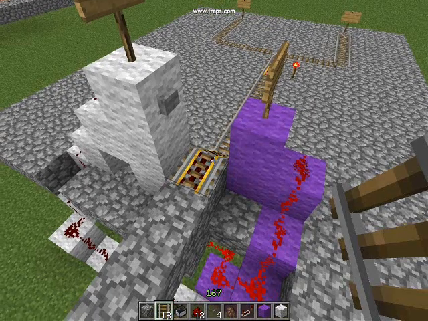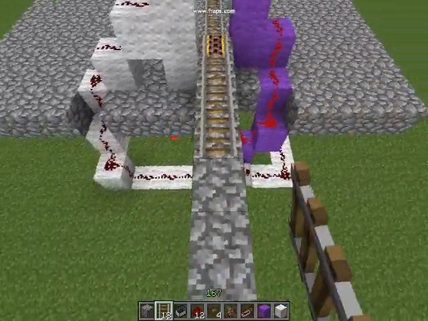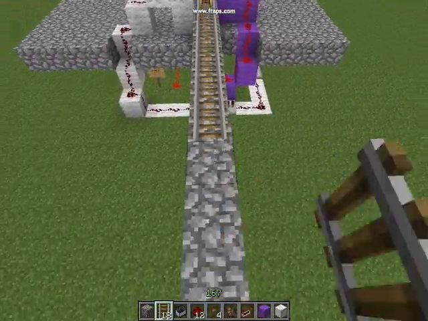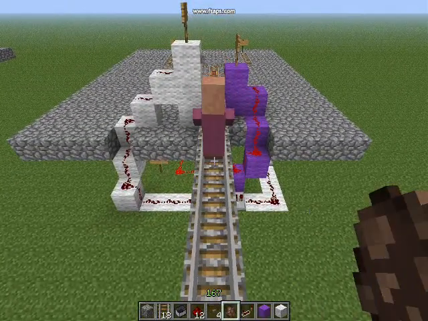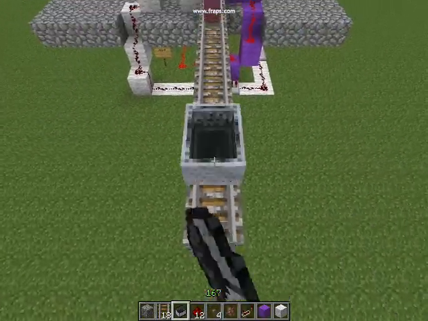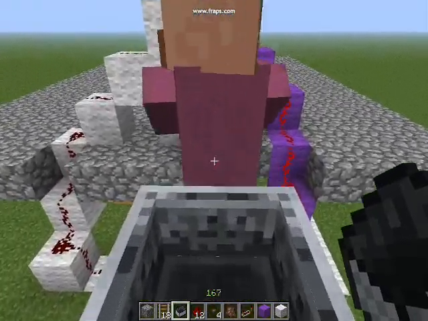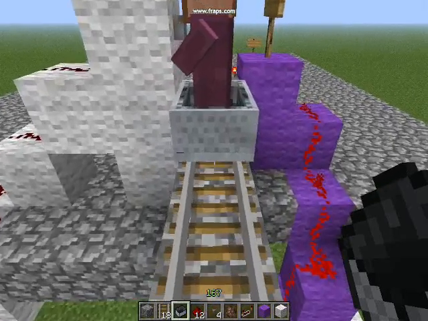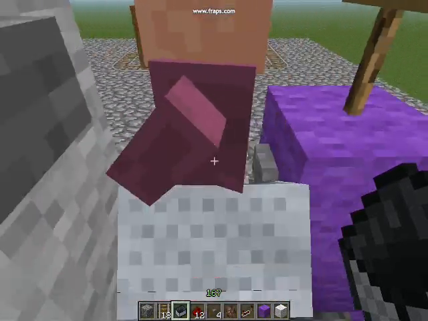You will notice that I've randomly added a bit more cobble. This is to get the villager into the minecart. So I have the rail, I will put the villager here, and I will place the minecart here. I'll give it a push, so he gets in, push him towards the station,